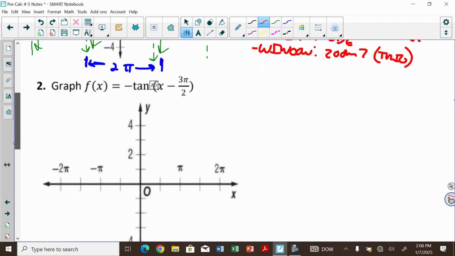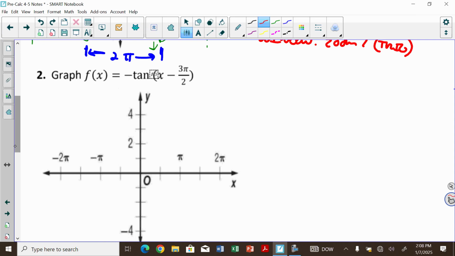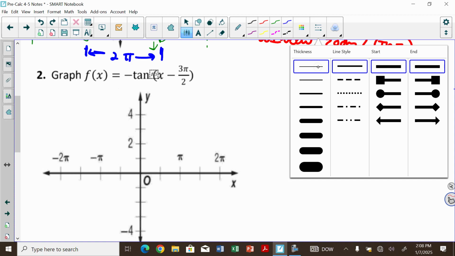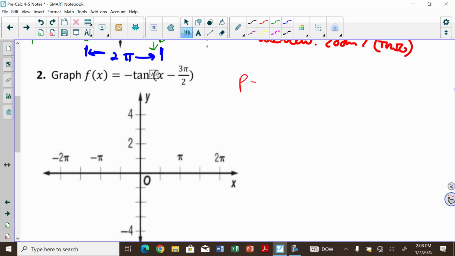Okay, let's take a look at another one here. So we've got a couple different things to think about. If I'm looking at my period first, I don't have a b value. My b value is 1 right in front of the x. So since my period is pi over 1, I know my period is going to be pi, right? And then when I look at the asymptotes,